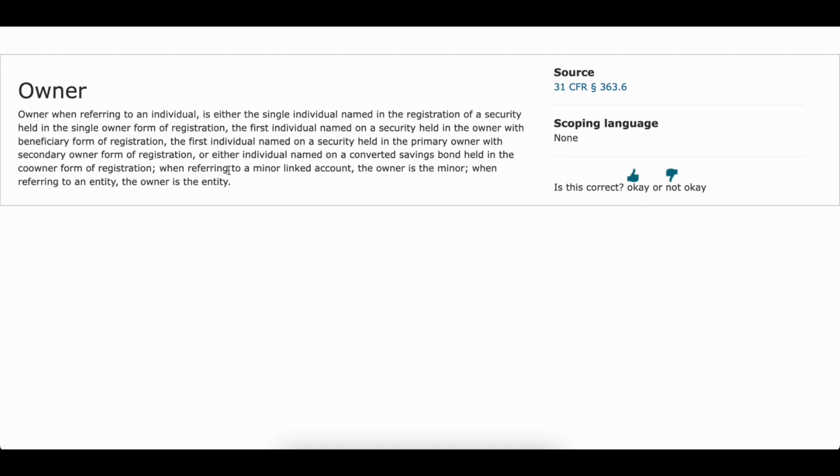When referred to a minor linked account, the owner is the minor. When referred to an entity, the owner is the entity.